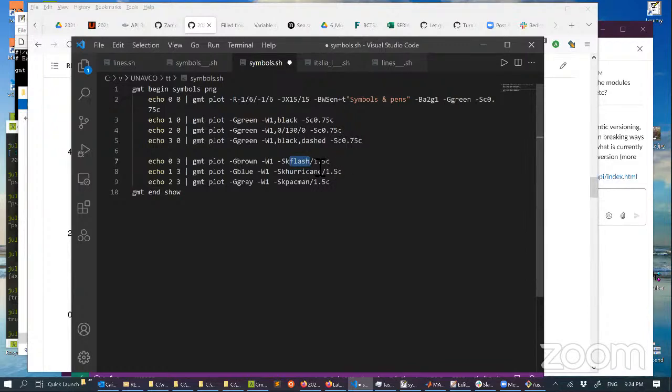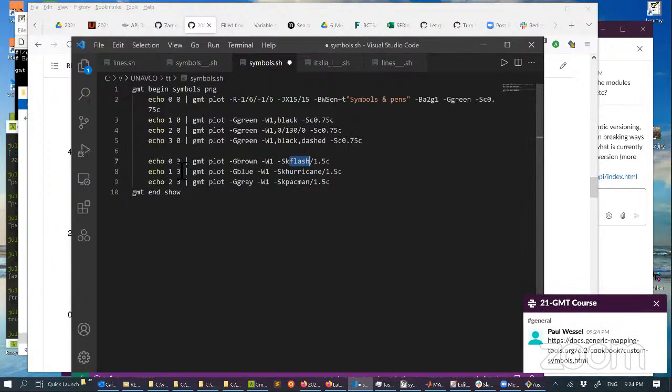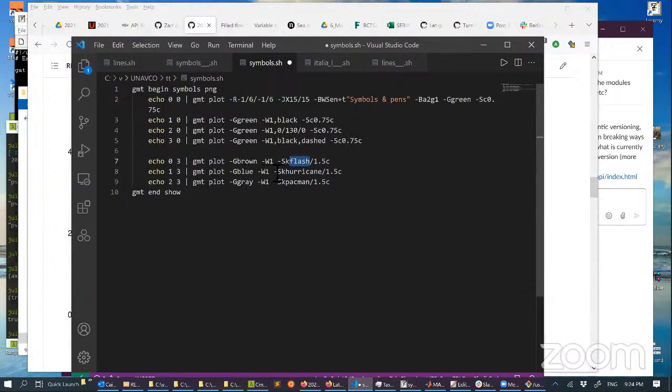The manuals have the list of the symbols and the names of the symbols that we can use, and you add the size of the symbol also, and an outline of that symbol that we want. So it will be similar, just plot it a bit higher on the plot: the fill, the color of the symbol, the outline, the thickness of the outline, the name of the symbol, and the size. And if you run these,